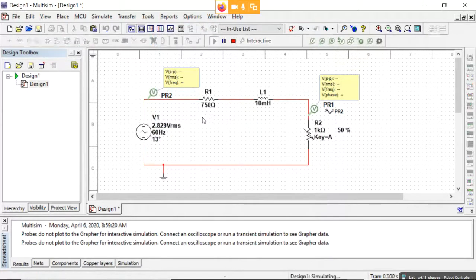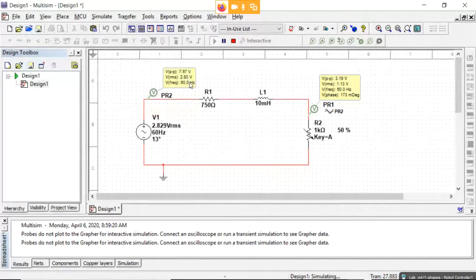Now when we simulate this, we're getting the voltage, which again is supposed to be 8 volts peak to peak. It's 7.97. That's close enough, right? We're in lab today, so it's okay to be a little bit off. And 2.83 volts,